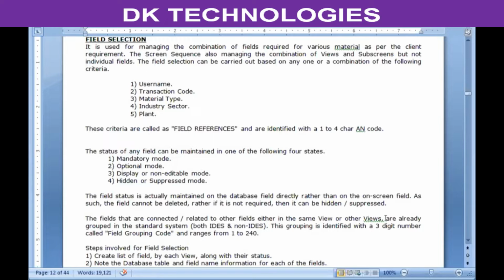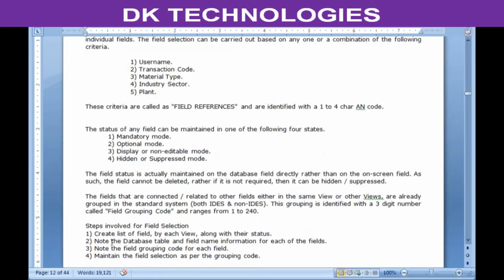And this grouping is identified with a 3-digit number called the field grouping code, and it ranges between 1 and 240. In the standard system, the grouping is already done by SAP for us. So all we need to do is select the relevant grouping code and check what status we need to maintain for all the fields within that grouping code.